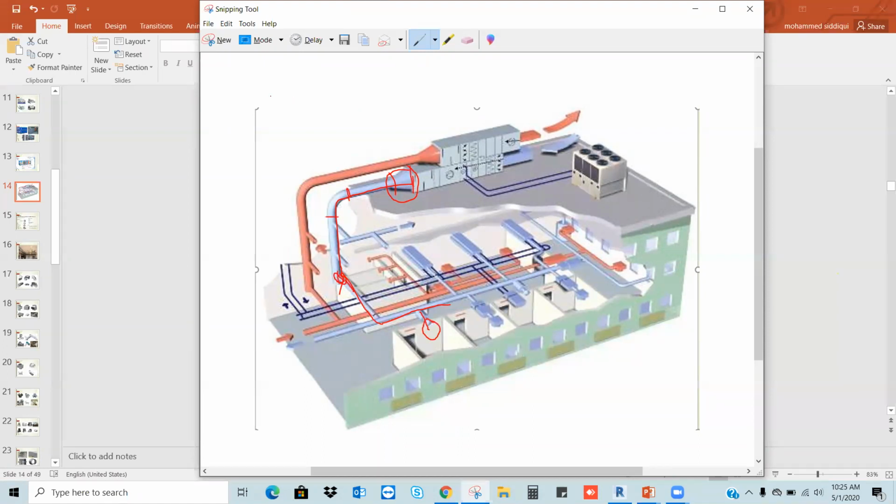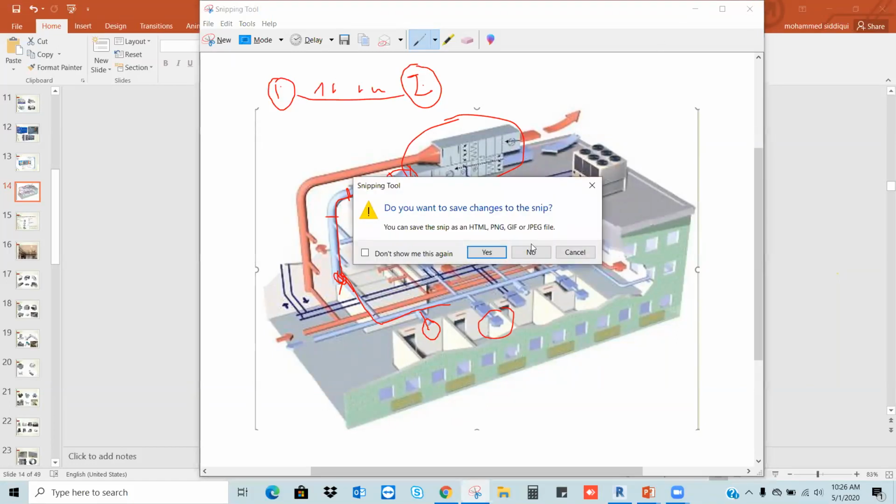It's very simple. We need to focus on where I am starting and where I am reaching, and while reaching, what components and systems I'm using. Start point, end point. The start point is the AHU, the end point is an air terminal. These air terminals we call a diffuser. We will go into a little more detail to understand this concept.